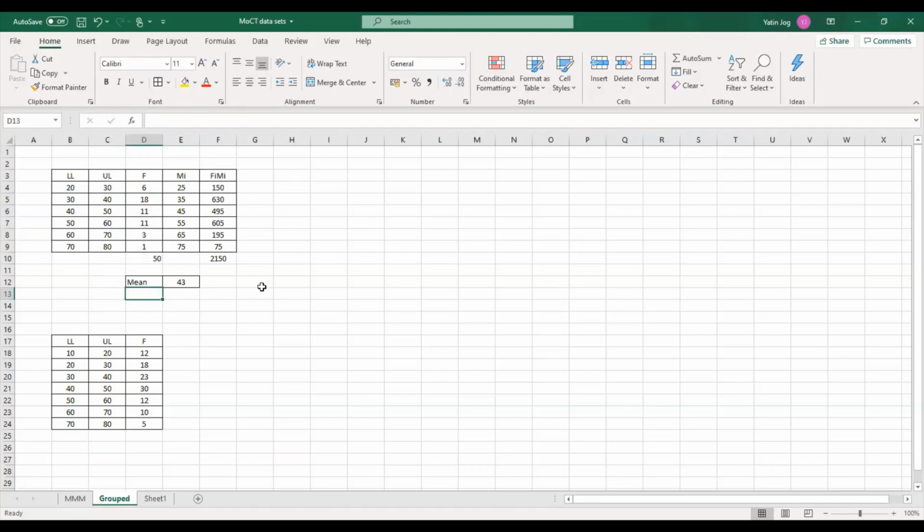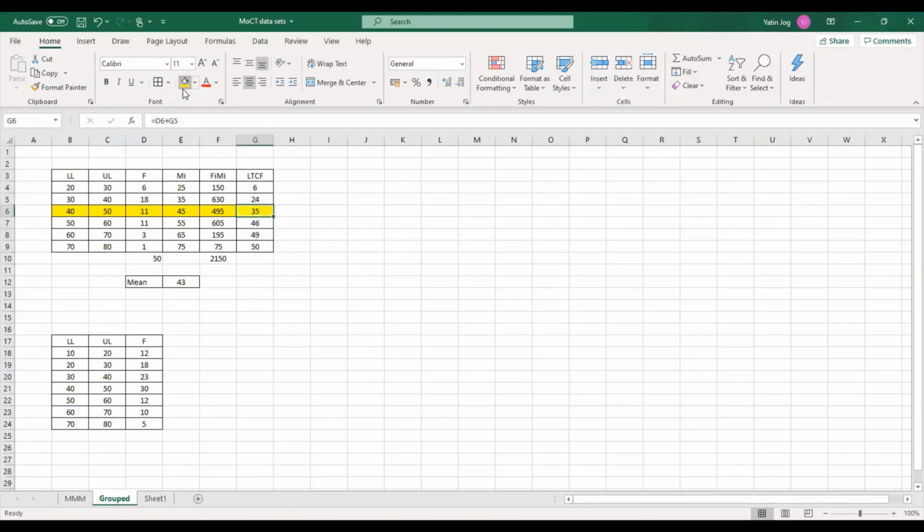In case of median, if you know that 40 to 50 is my median class, first of all, we need the less than type of cumulative frequency. I'll calculate it: the first frequency as it is, next is the current frequency plus the previous total, and then I'll repeat this process for the remaining cells. So this becomes my less than type of cumulative frequency.